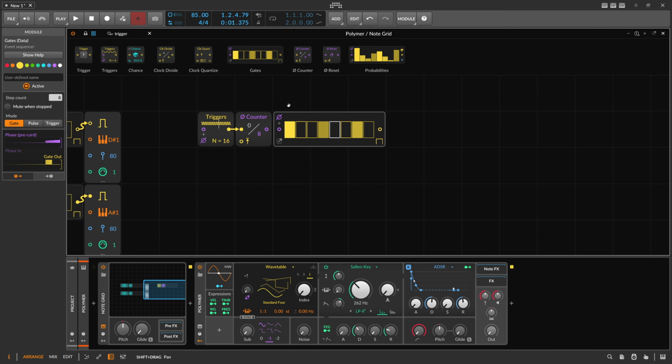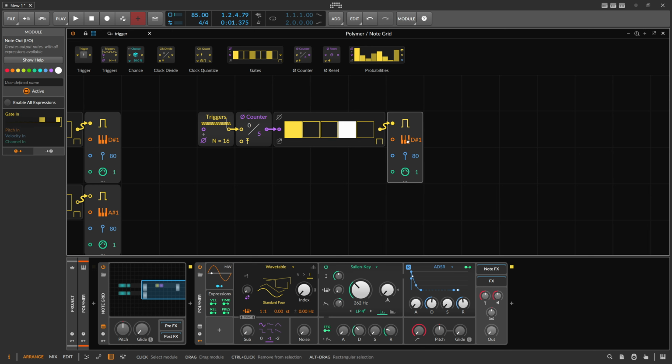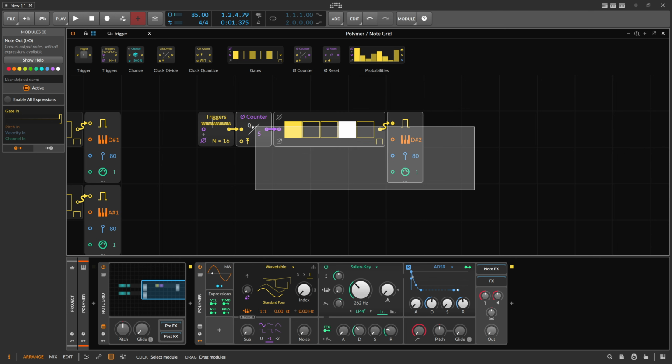So when you use a gates module here, disable here the precord, connect these two, and then you set this maybe to, let's say, a 5. You also need to set this here to 5. And now this is exactly 16 nodes triggering speed. And because of the counter here, we generate basically a phase signal that gives you exactly here the right position and time. And we can then just go here out to a different node, let's say D#2, and duplicate